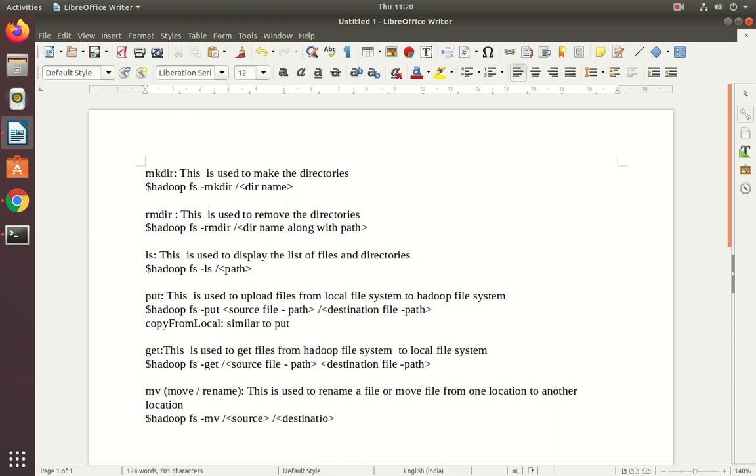See, copyFromLocal means we copy a file from local to Hadoop file system. So this command is used to upload files from local file system to Hadoop file system.